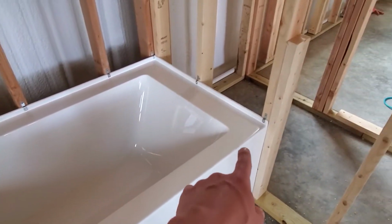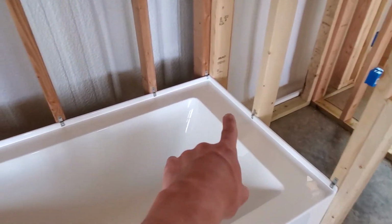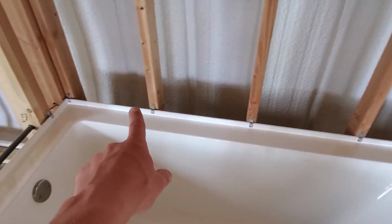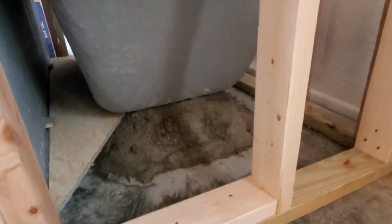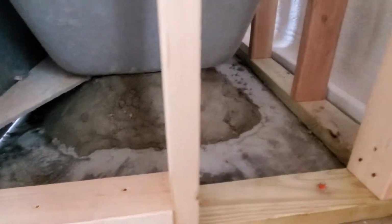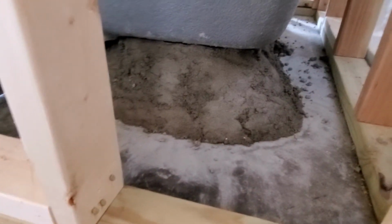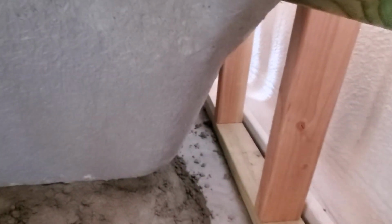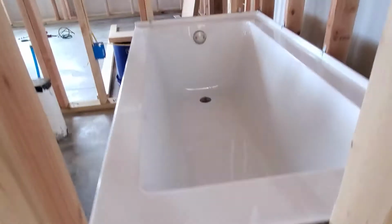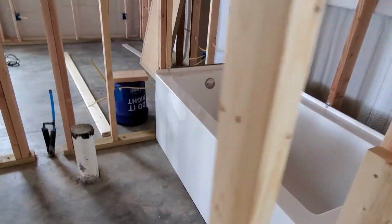We made some clips here to tie into that tile flange and kind of hold it all in up to the wall and everything. From the underside, we piled up mortar on the floor to set underneath the tub. And I'm gonna come back here later and fill in a lot of these gaps with spray foam just to try and deaden and knock the ring out. You have a ring kind of like that, just to kind of deaden that sound. And we can come over here